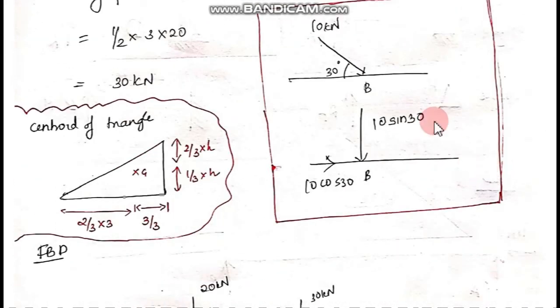Now sometimes you may have an angular load given in the question. In this question it's not there, but suppose it is given, like 10 kilonewton at some angle of 30 degrees. Then you need to resolve it and draw it in the beam when you are drawing the FBD of that particular beam. This is cos, this is sine, mark the arrows, and that's it. That's how you convert these given loads into point loads, either horizontal or vertical loads.